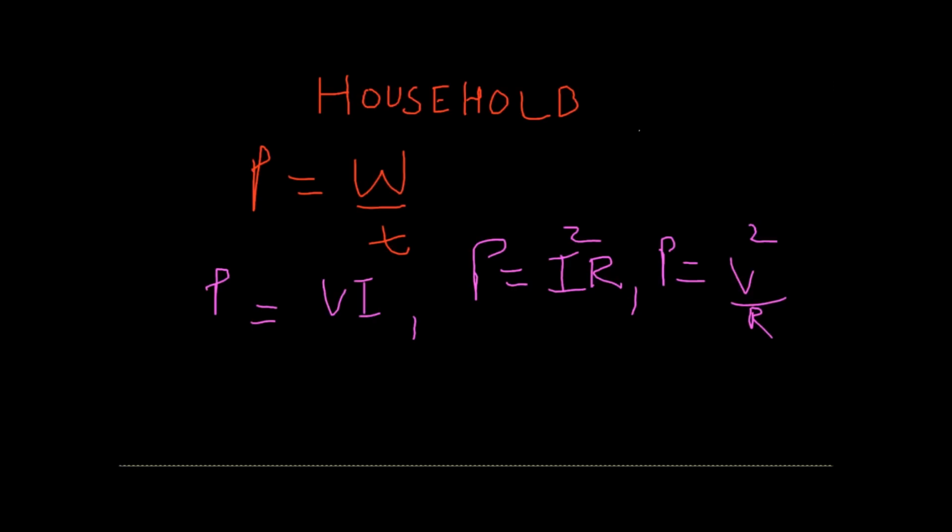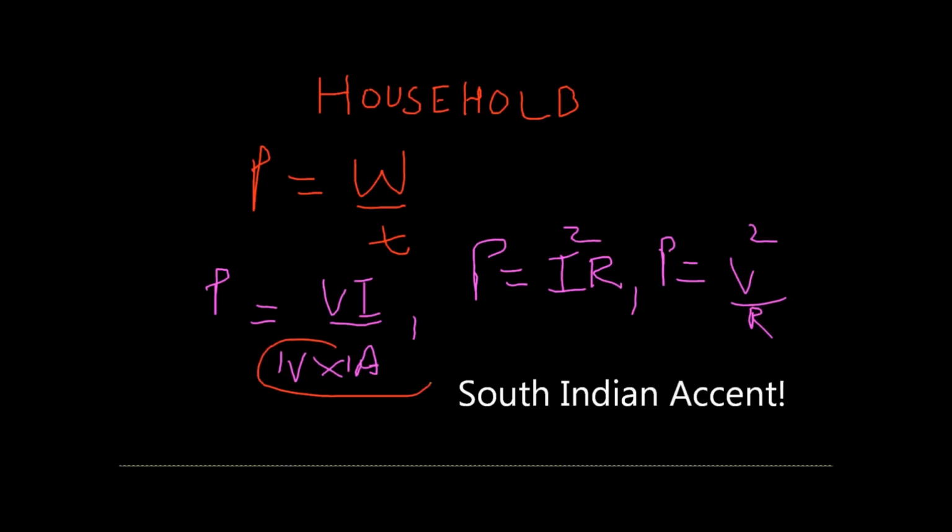Now watt is the unit of power, guys. I'm sorry I didn't tell you this, but P is equal to VI. So V is nothing, its unit is volt. So 1 volt times 1 ampere. You need to learn this up. Sometimes the question is also asked that 1 volt into 1 ampere, so what is 1 watt? 1 watt is equal to 1 volt into 1 ampere. So this is again another unit. So P has a unit of watt.